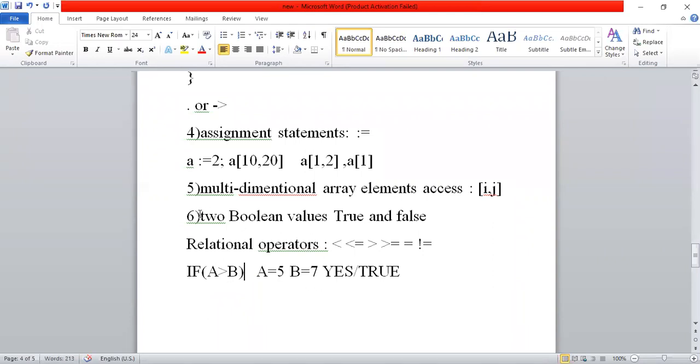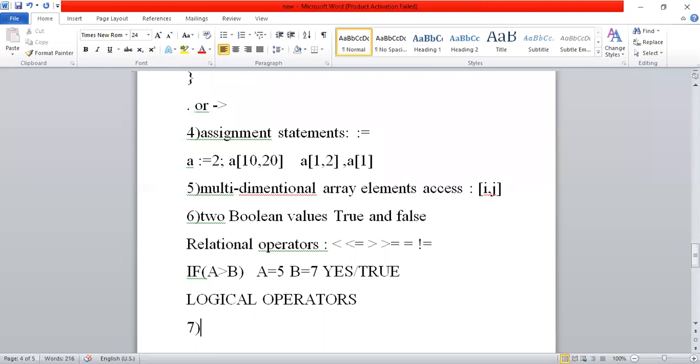So there are two Boolean values in a program or algorithm. Those two Boolean values are true and false, or yes or no. Those two values result from relational operators or logical operators. Logical operators also produce a result as true or false. Is it clear now? So this is the sixth step we use while writing algorithms. Not all of these statements are required every time, but these are the possible statements. Okay? This is next.